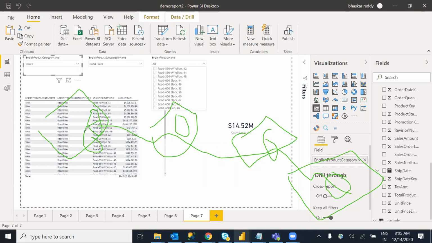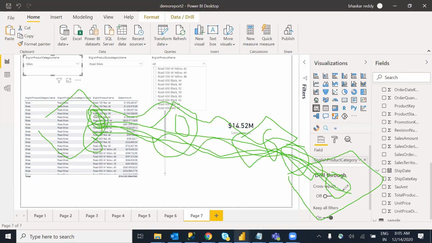As of now, the relationship is a single direction. What is a cross filter direction, single and both? By default, data will be filtered from parent to child. If we select something in a parent table, data will be filtered in a child table as well.